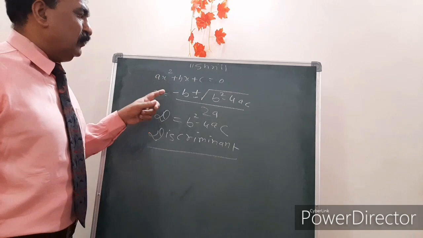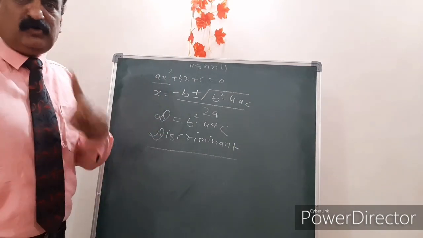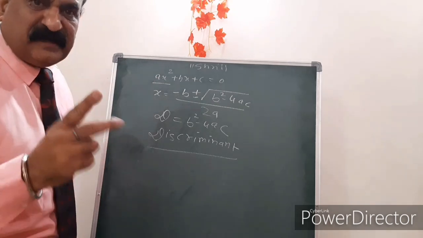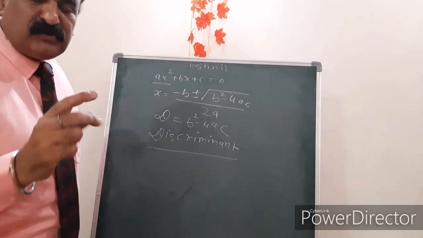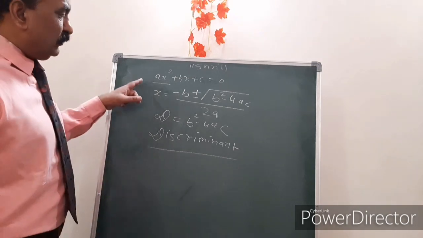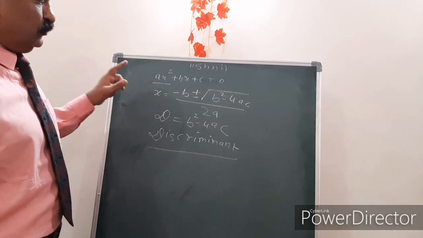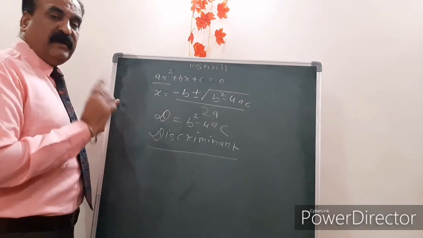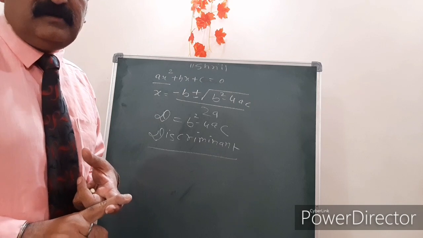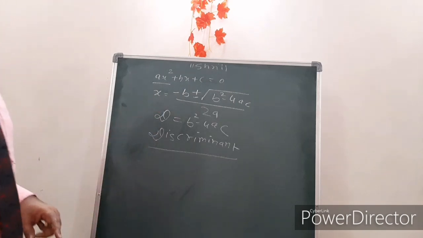Nature of the roots means, as the degree of this equation is 2, I have told you so many times, it means answers are 2. Roots are 2. Zeros are 2. And the solutions are 2. Now I am talking about the answer, it means roots of this equation. Whether the roots of the equation are real numbers or imaginary numbers or they are equal, that I am going to discuss right now.